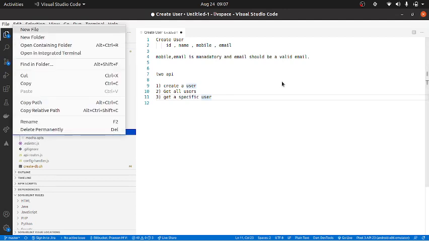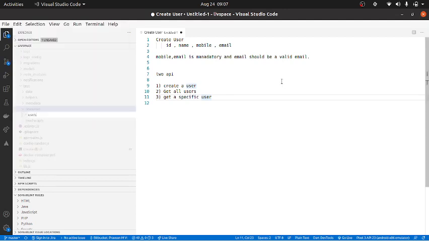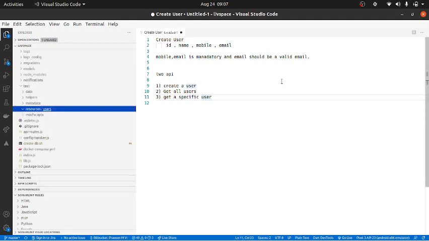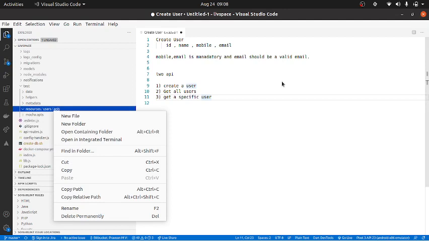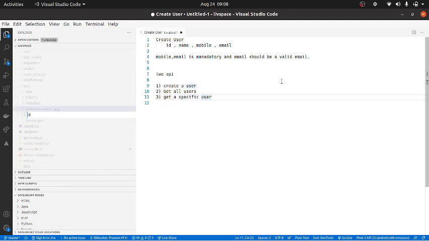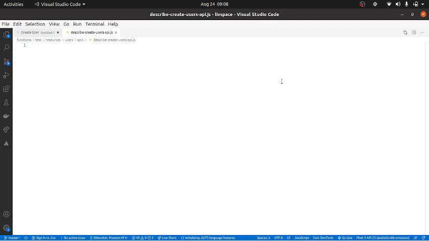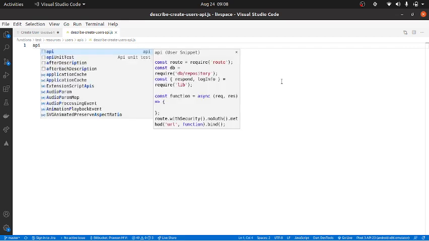Under resources, we will create a folder called users, and under users we'll create a folder called APIs, and under API let us create a file called describe create users api.js. Okay, so this is our first test case we are writing. API test.